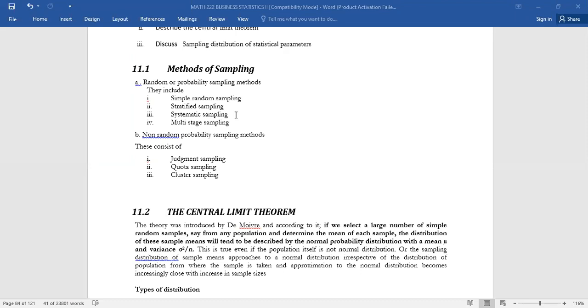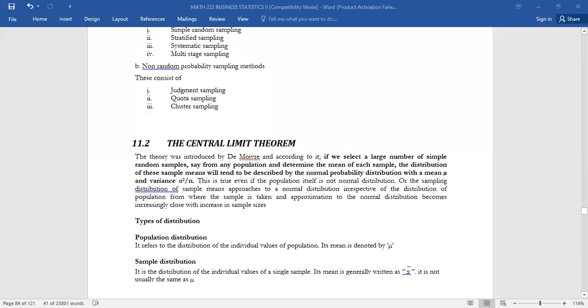So I thought it is good to go back to what we had learned before we come into today's topic. So we are talking of the central limit theorem. And when we are talking of the central limit theorem, the theorem was introduced by a scientist by the name de Moivre. And according to him, if we select a large number of samples